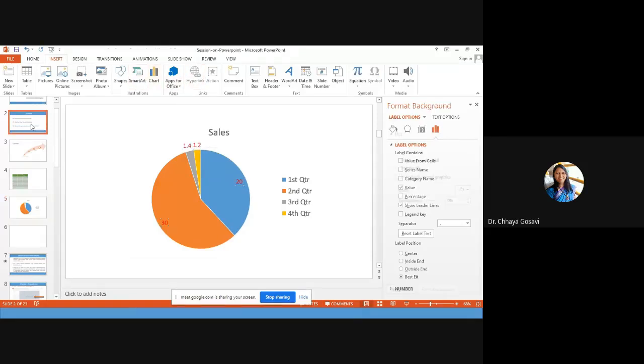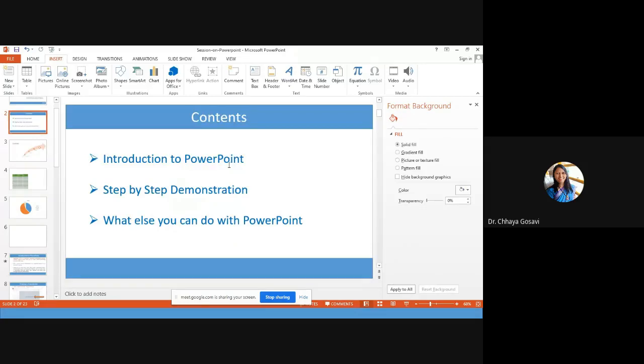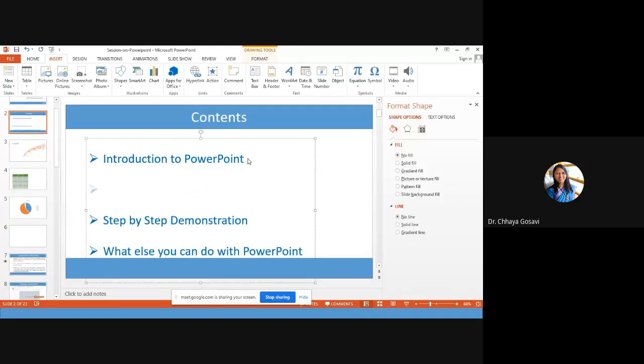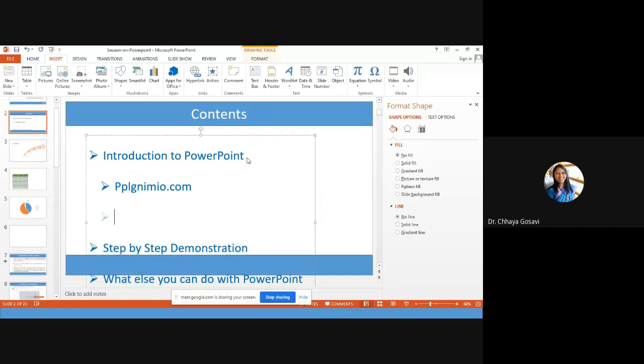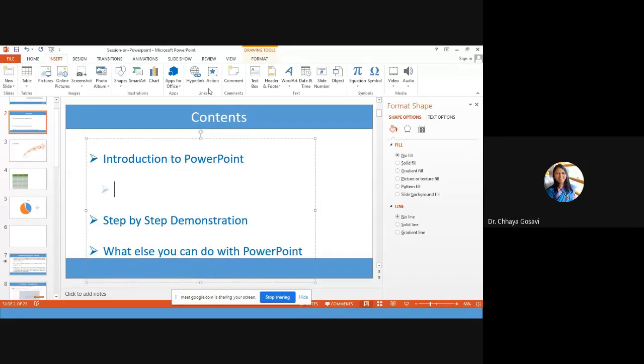So in text, suppose you want to mention some website, visit my web page, say genomomio.moodle.com, suppose. If you want to make a hyperlink, or copy a hyperlink and paste here, you can insert a hyperlink. If anyone clicks on that hyperlink, they directly go to that particular web page.